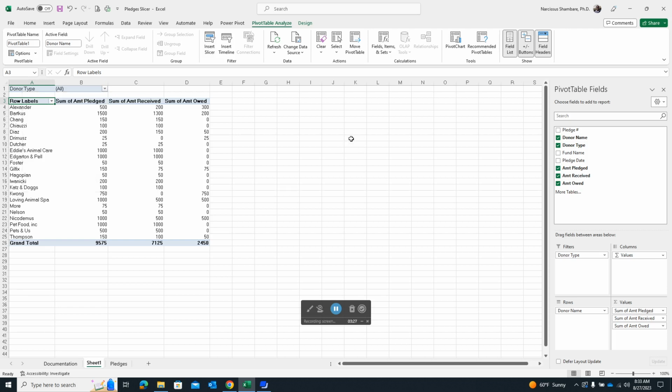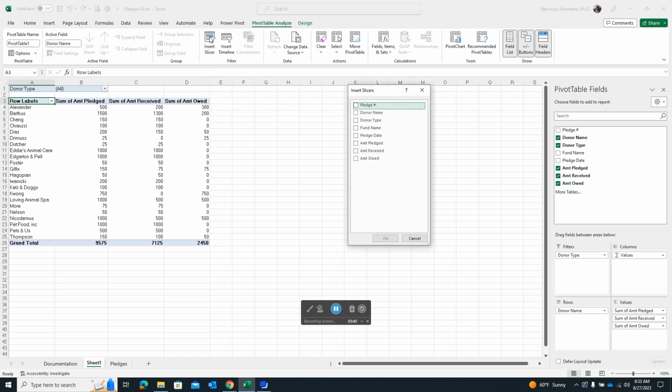This is where a slicer comes in, because a slicer is also a filter function. Here you can see it's available right here in insert slicer. So you can click on it. Just like we did with donor type, we can also select it here, and we can select multiple filters with slicers. So we also want to use fund name, and the other one that we didn't use,